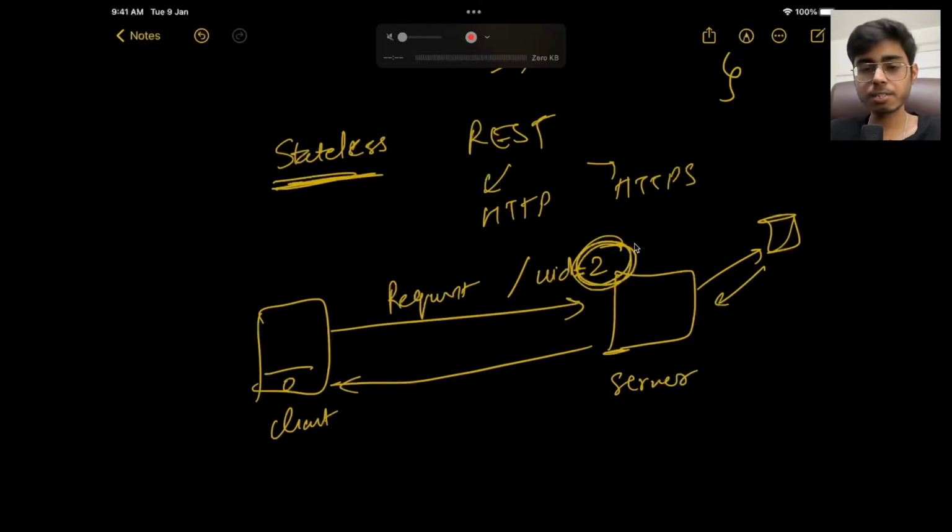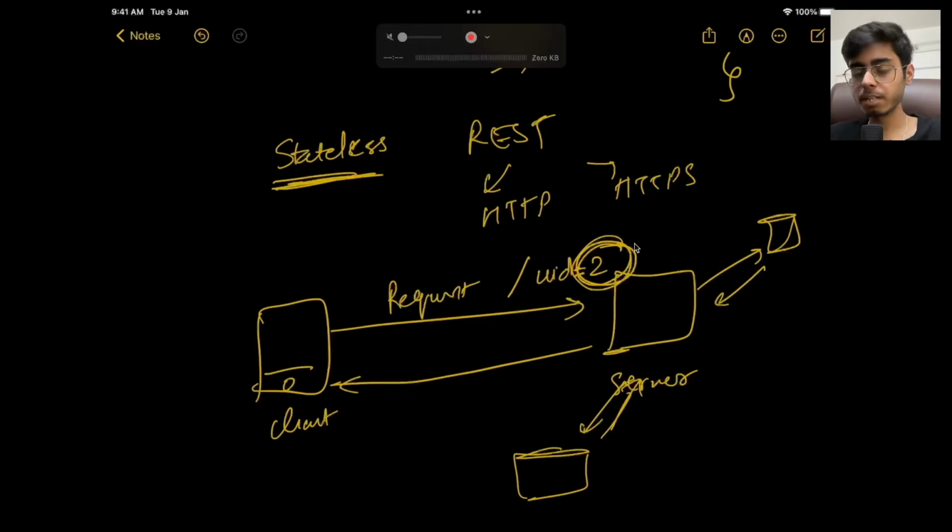Because if they maintain state, it will consume memory. You can connect a Redis database. You can connect it to some other cache database and other things to maintain the state, but it is not at all required, and that is why they are called stateless servers.